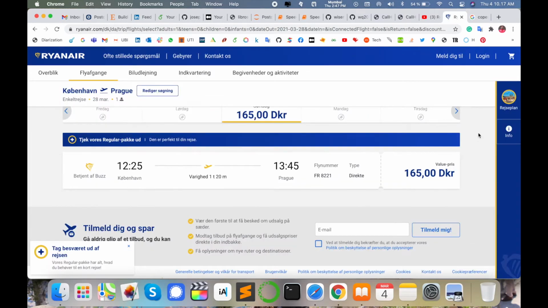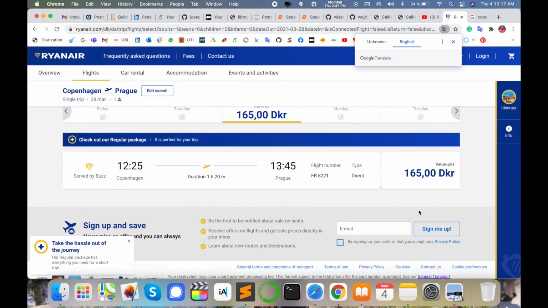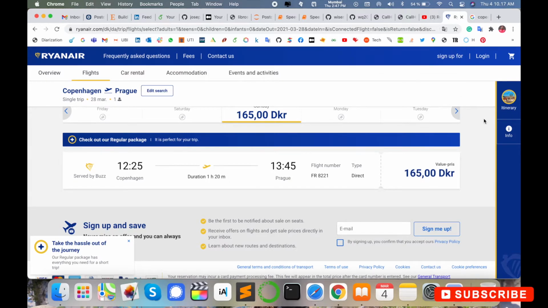Flight charges are very cheap compared to my experience in Europe, like 165 DKK, which means in INR only 1800 to 2000 in between, in dollars like 12 to 15 dollars only, and 12 to 13 euros. It's very cheap. If you want to buy the cheapest flight, then definitely select the Ryanair flight and book your